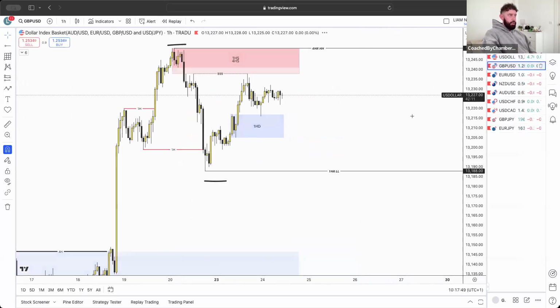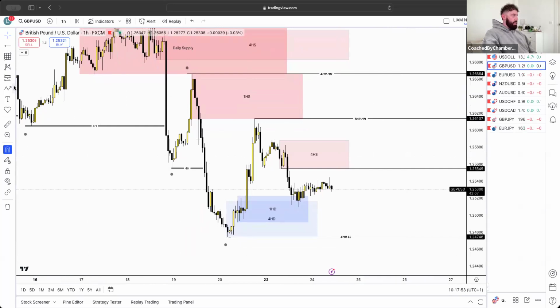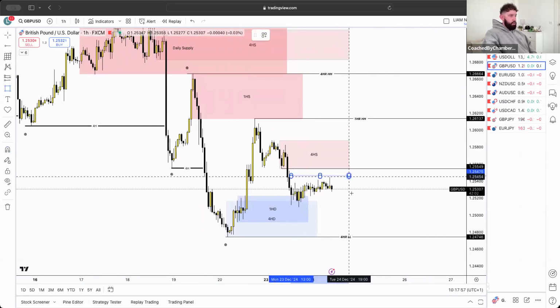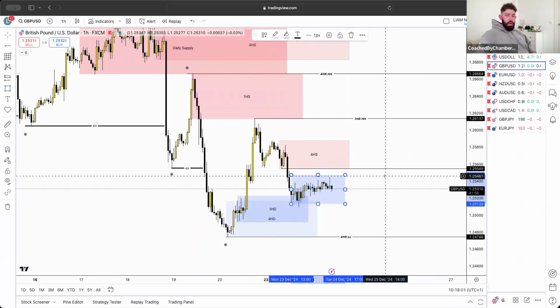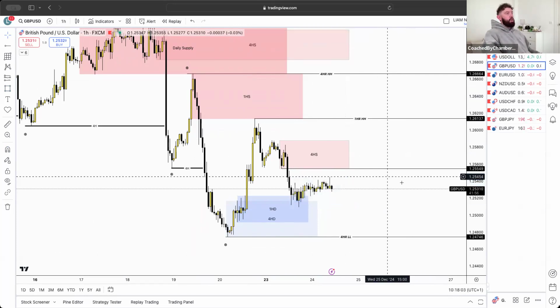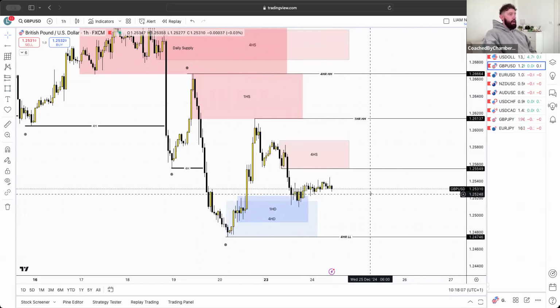Now let's go to GBP USD. And you're able to see that GBP USD, if we look at this right now, you obviously have to expect it. We are just ranging. We are ranging because look at all these 1 hour candles. Obviously, with the Christmas holidays coming up, don't expect too much movement just like this or just like this.